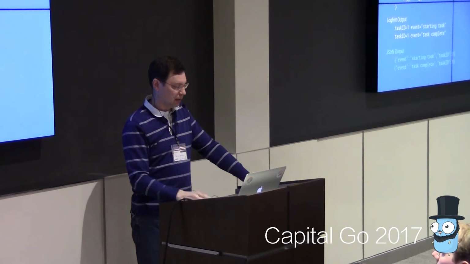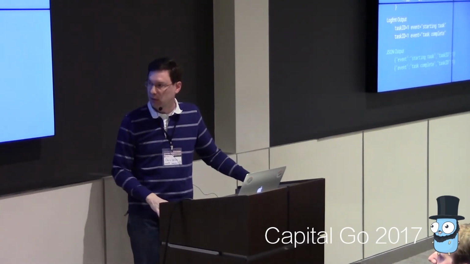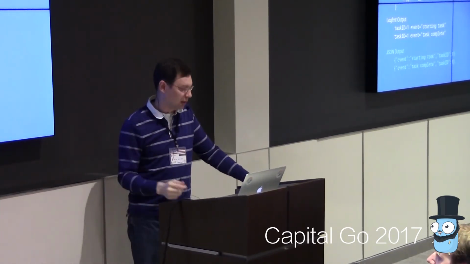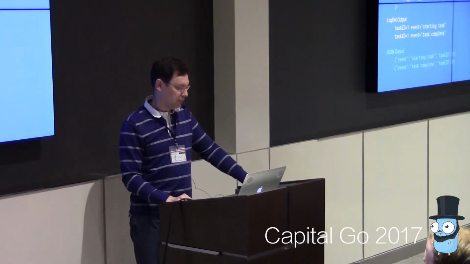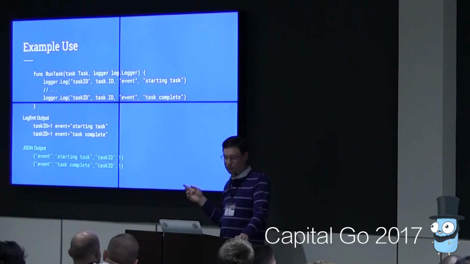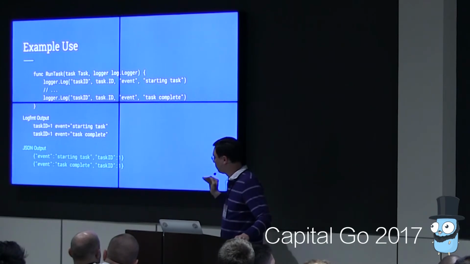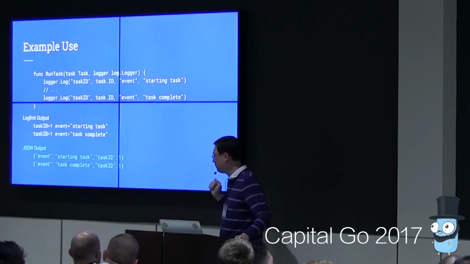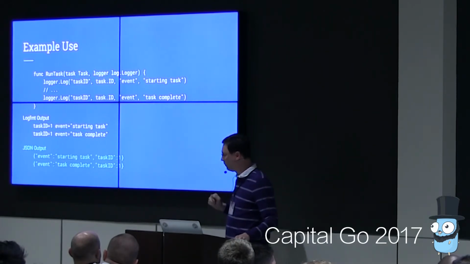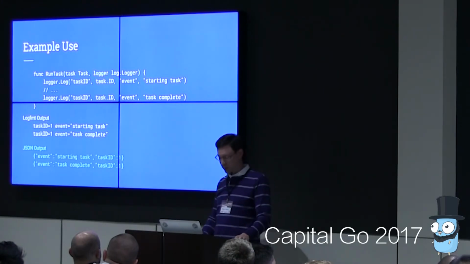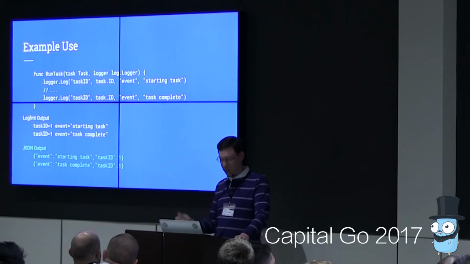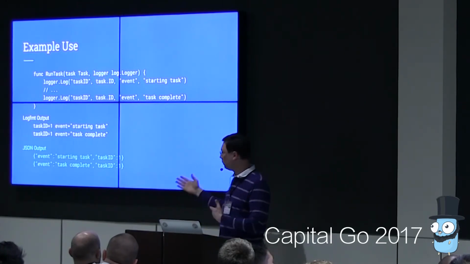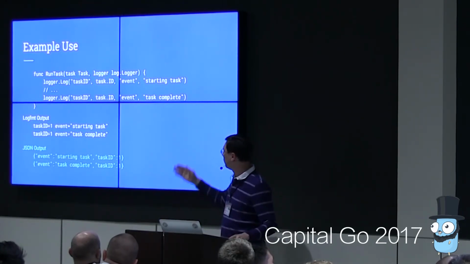And then JSON output is also very common, and in this case, there's the standard library JSON encoder. As a side note, for this particular task, it's not the fastest, and that's one of the main gains Uber's package has, is they have a custom JSON encoder that makes theirs really fast. I have an experimental one that I haven't quite polished up enough, but I'll probably add it at some point that makes ours faster. But anyway, you can see how we can choose the format based on the implementation of logger